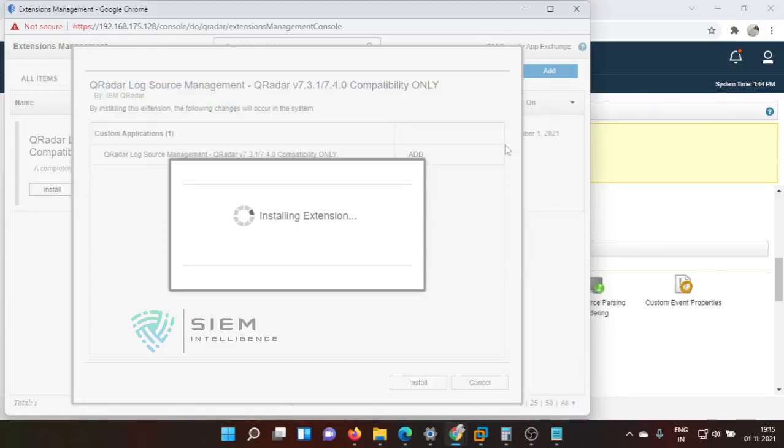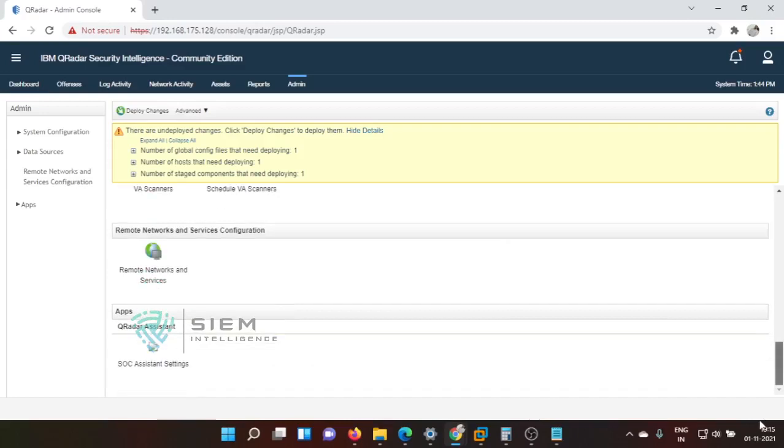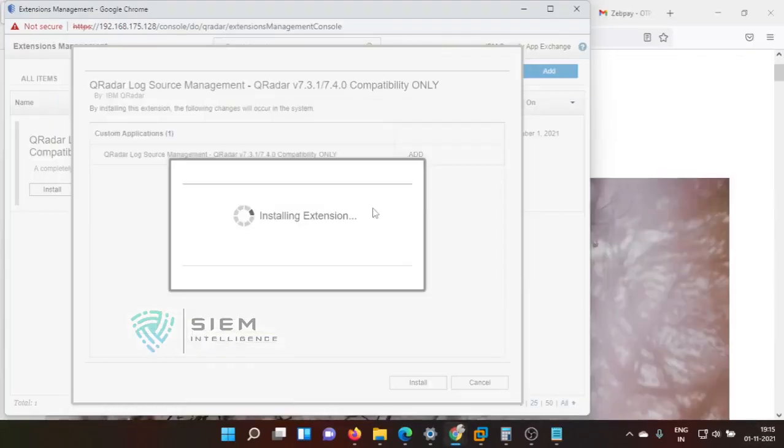So it is still under process to download and install. By the time, we can also do some other things. It is just taking some more time to install. Basically these apps will provide so much visibility on your activity.